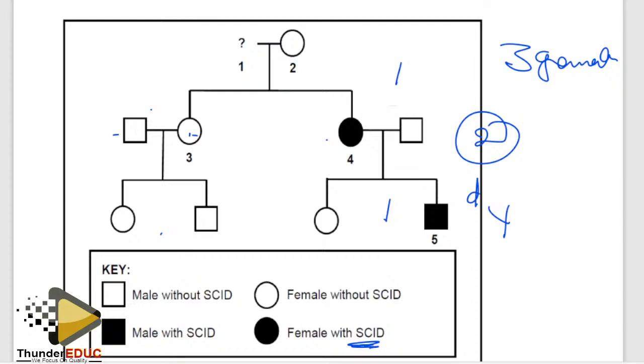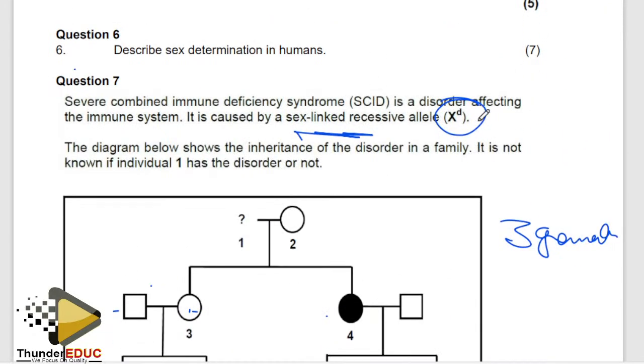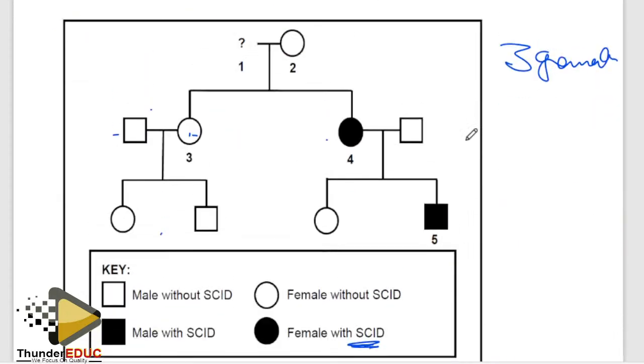All right, let's go to the next question. How do I identify? Okay, now someone is asking me. I'm going to go there so that we finish this. Ne? How do I identify one? To identify one, remember you have to first identify that this is caused by a recessive allele. Yes, if it's caused by a recessive allele, so what you need to do is